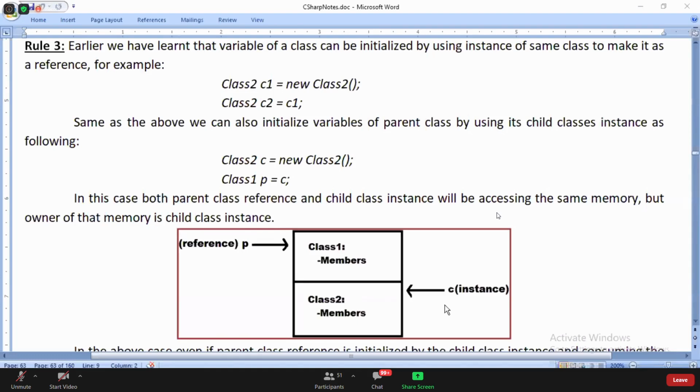C. Child class instance is the owner of the memory. Who is the owner of the memory? C, nothing but the child class instance. Yes or not? Okay.